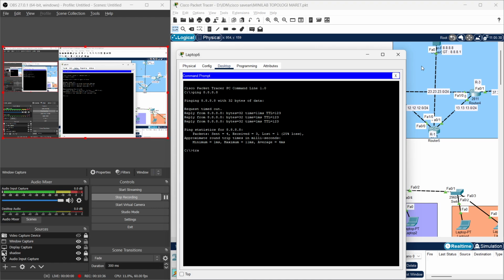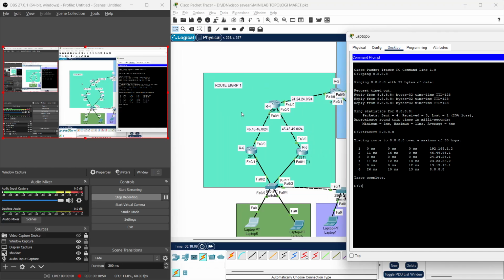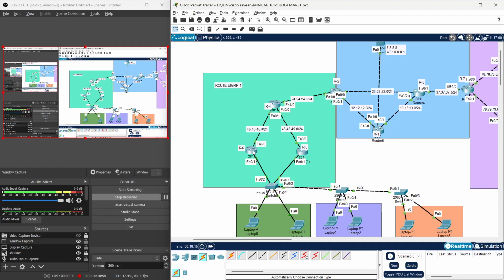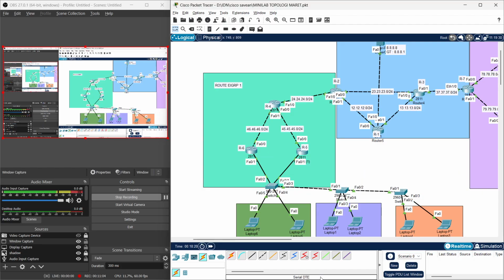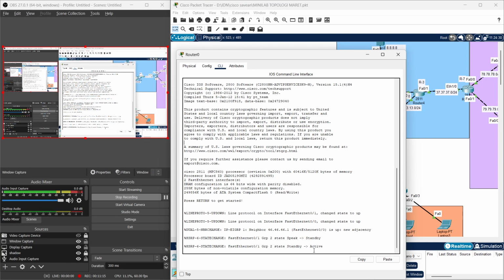And what if I traceroute to 8.8.8.8? You can see it goes through 192.168.1.2. And where is that, you may ask? It is R6. So when R5 is off, R6 works, and when R6 is off, R5 will work.